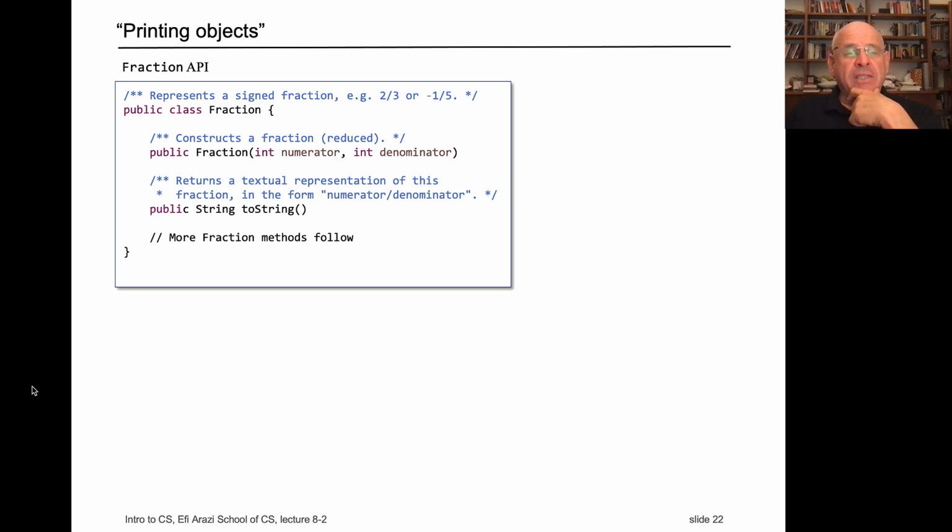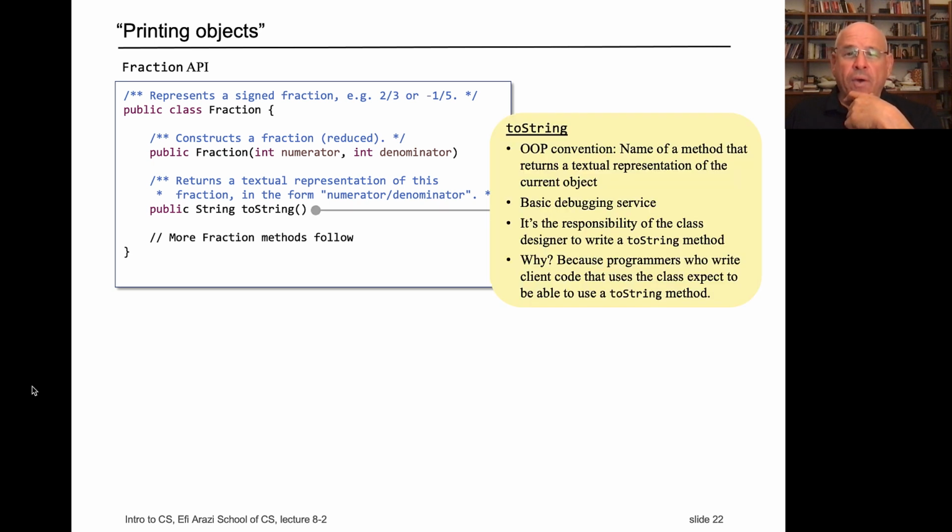And the string is a textual representation of this fraction in the form of a numerator slash denominator. So that's what the API promises. The API says, I'm going to give you this textual representation of the current object. So toString, by convention, is the name of a method which is designed to return a textual representation of the